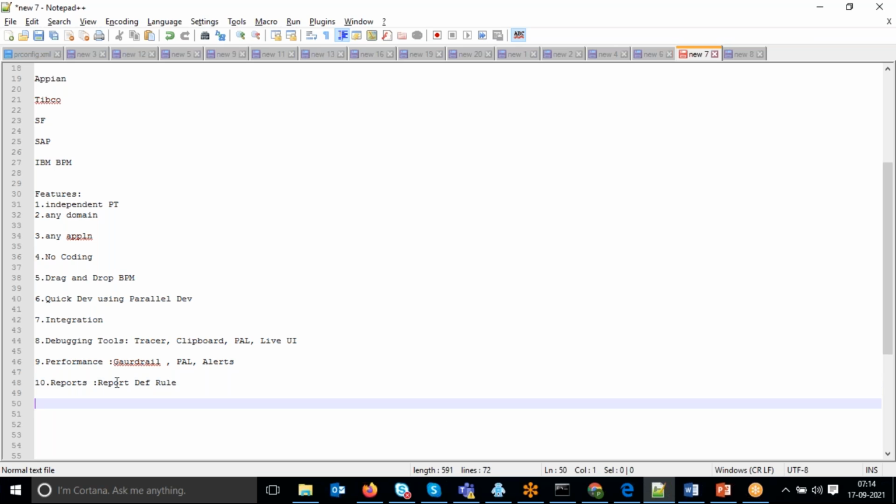Okay, next, the 11th feature, agent. Before going to agent, I will tell you Pega has one more great feature, the DCO feature. What do you mean by DCO? DCO's full form is Directly Capturing Objectives. Objectives means business subject, business goal, business requirement.